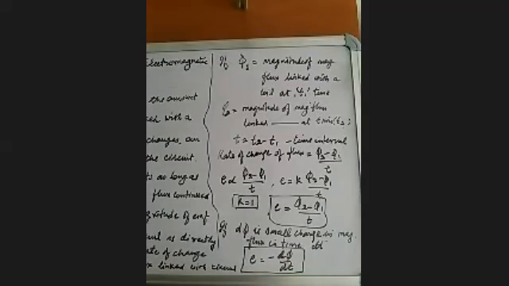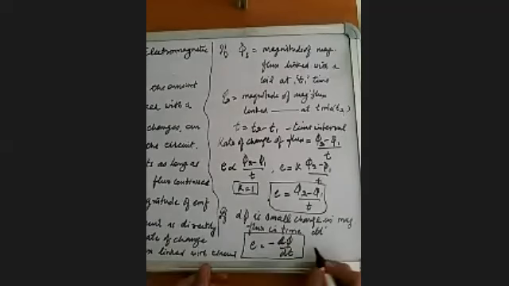But if there are n number of turns of the coil, we can see E will be equal to minus n d phi by dt, because now the magnetic flux linked with the coil is changing for all the n number of turns. So for one turn, E is equal to minus d phi by dt, and if there are n number of turns in the coil, the EMF will be n times. Okay.